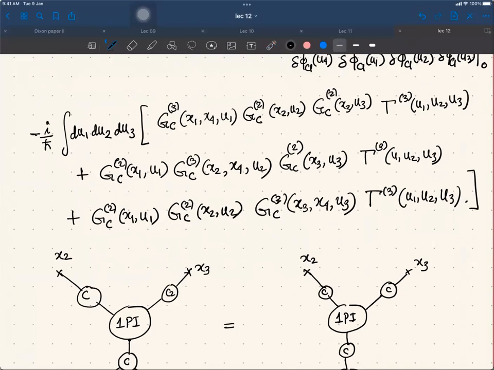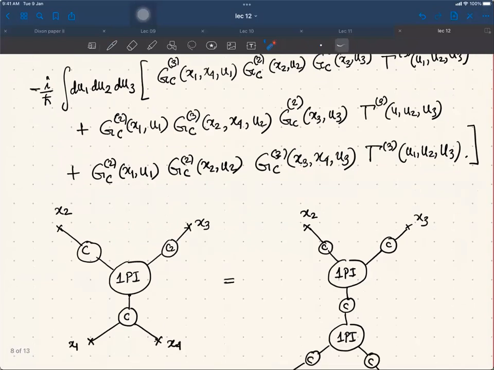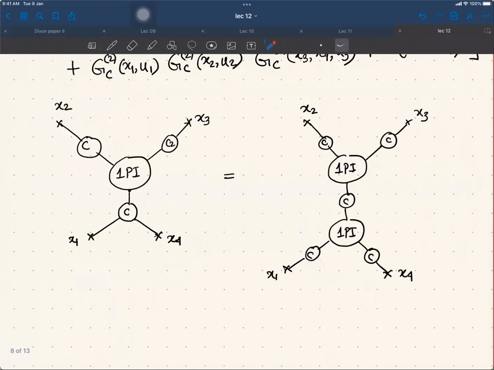So first line and second line are related by interchange of x1 and x2, because x4 appears with x1 here, x4 appears with x2. u1, u2, u3 are dummy variables, and they can always be interchanged. And the third line is interchange between x1 and x3. Now, if you interchange between x1 and x2, then you get that one channel, and x1 and x3